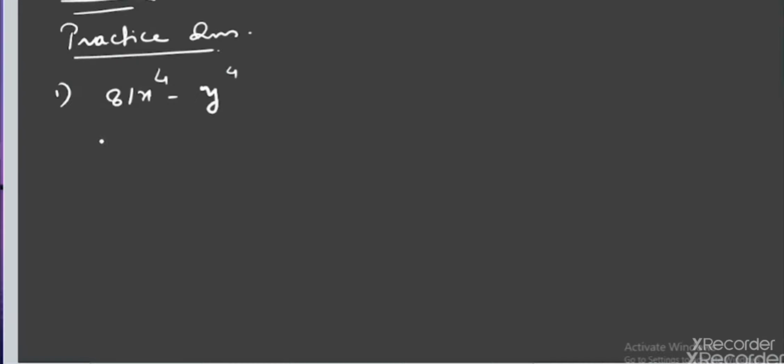What you are going to do after this, simply you bring them into the square form. Let us find out whether these are perfect squares or not by bringing them into square forms. This is 81 and this is x to the power 4. We can write 81 as 9 square, 9 to the power 2, right? Can we bring this into the square form? Of course, yes, we can write it as x square to the power square.